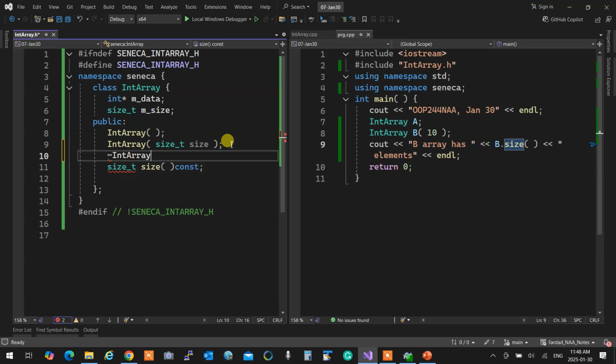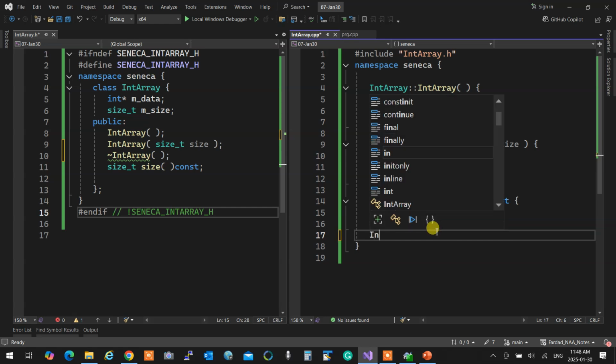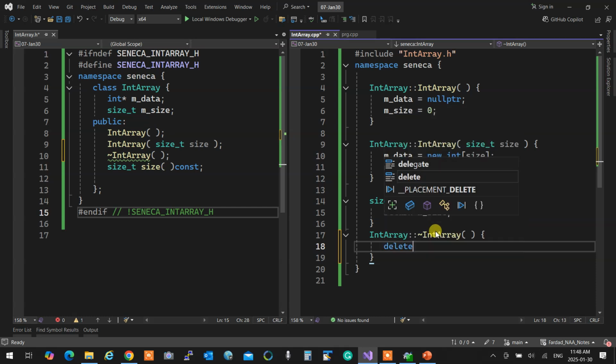So I'm going to write int array and that's it. Okay? And to implement it, you do the exact same thing. You write over here int array, tilde int array. That's the destructor. What do you do in the destructor? You delete the memory. So you simply say delete